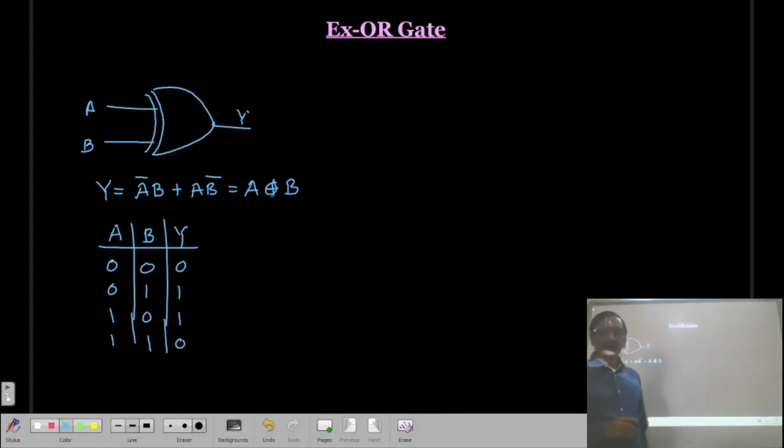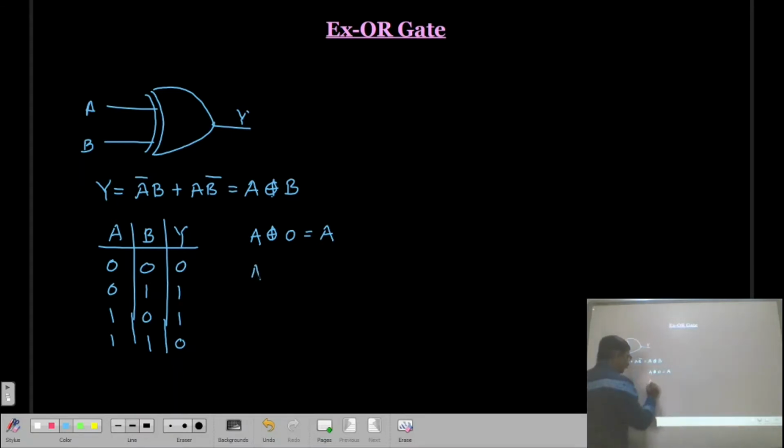From this truth table, we have some properties of the exclusive OR gate. One property: A exclusive OR with 0 will always give you A. That is called transparency, meaning whatever the input is, the same output will be present.